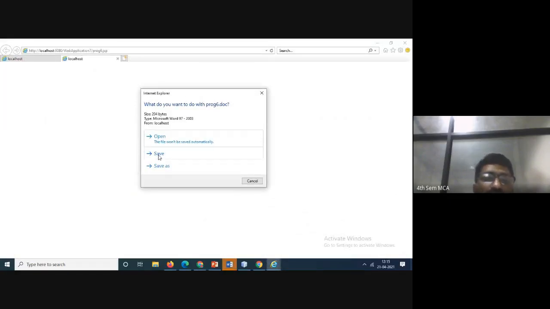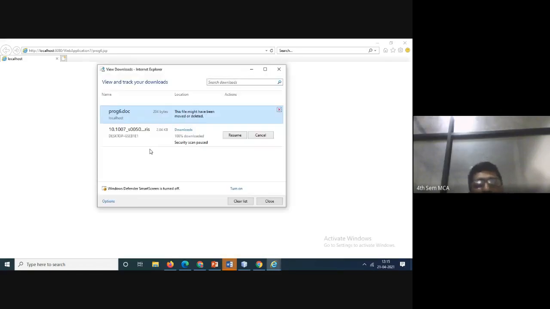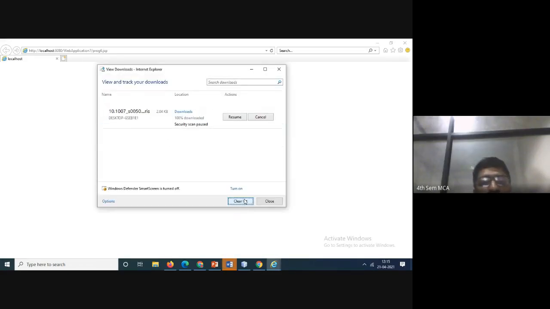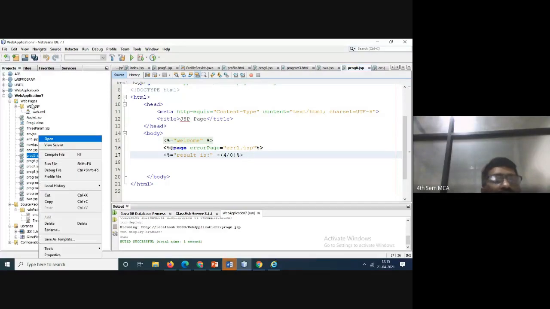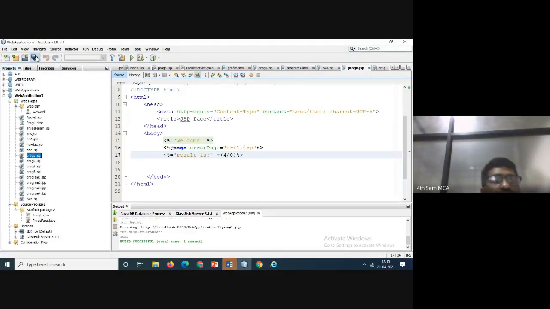I didn't save the program, and I didn't remove the comment lines.